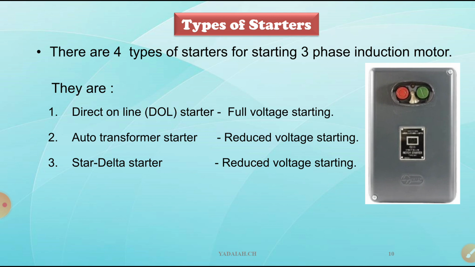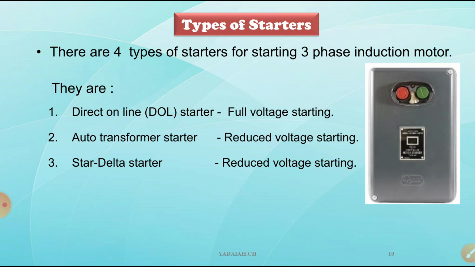He doesn't know why he operated it that way, but as electrical students we know that in a star connection, line voltage is equal to √3 times V phase. That means the line voltage and phase voltage differ by √3 times. In delta, the line voltage and the phase voltage are the same, whereas the current changes proportionally, vice versa. So that is the basic idea inside the star delta starter.